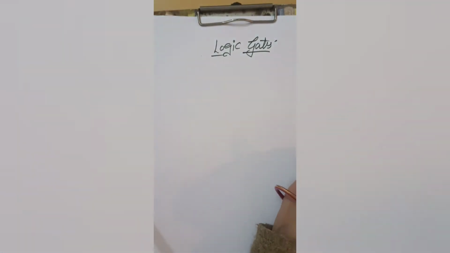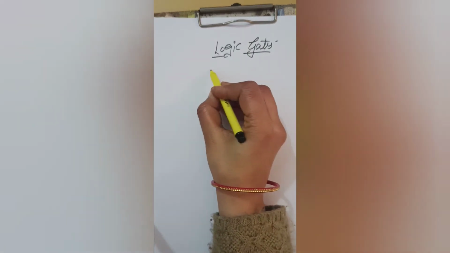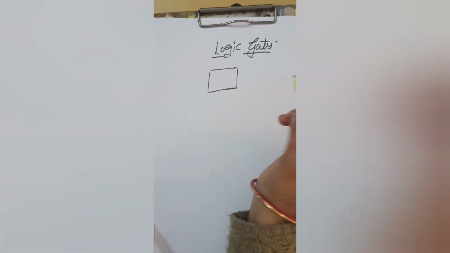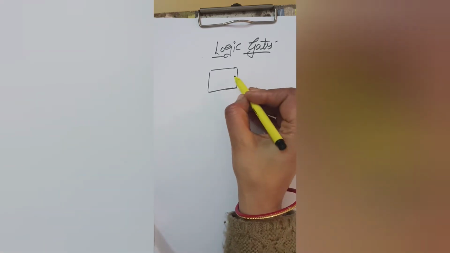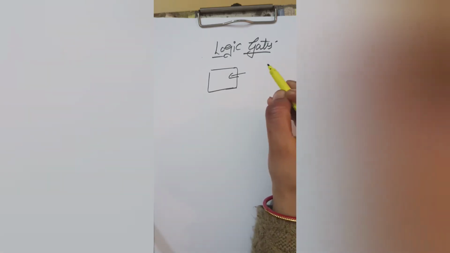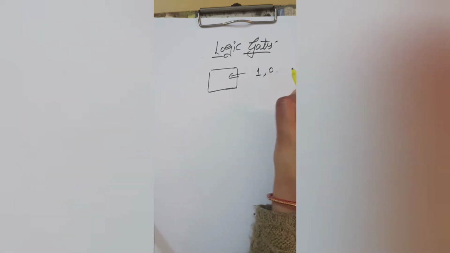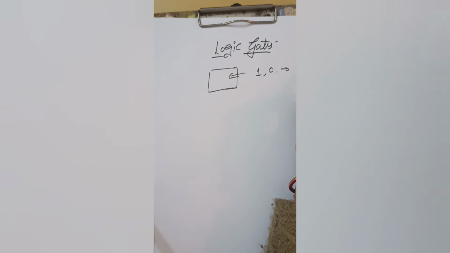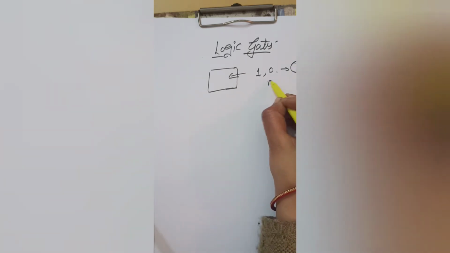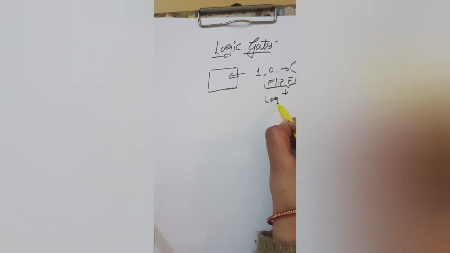So, logic gates. Very first, we will understand where these gates are being used. In any digital system, one example is your computer. Inside the computer, we are using many types of logic gates. Like if I want to save one bit of memory, either the 0 or the 1, I need an element which is named a flip-flop. The element is named flip-flop, and flip-flop is made using logic gates.